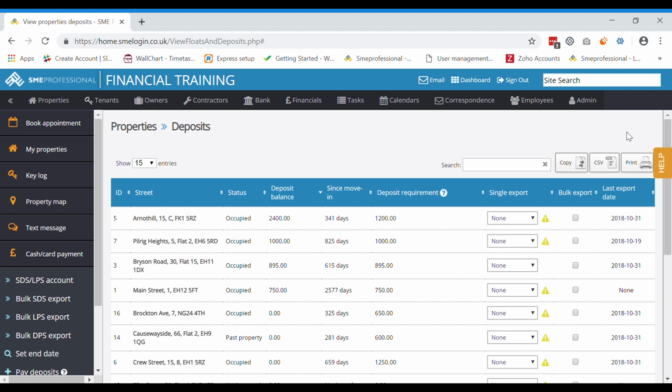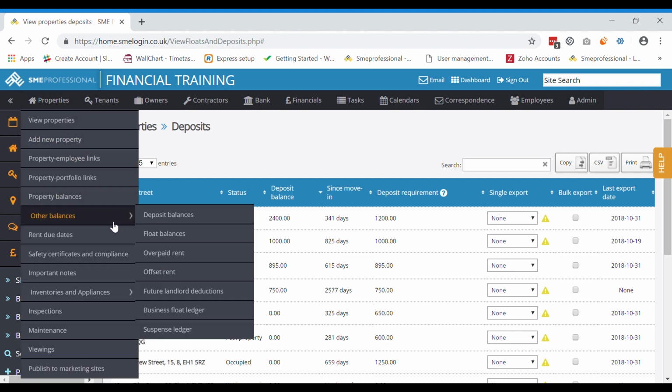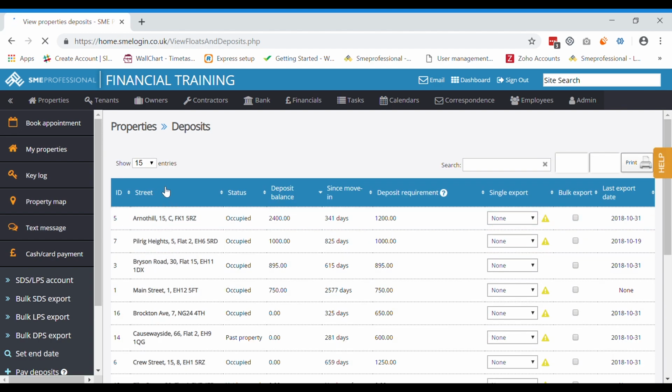Ultimately, the last thing I want to show you is how to handle deposits through SME Professional. So what you would do is go to Properties, Other Balances and Deposit Balances to see a summary of all of your properties, the deposit requirement and the deposit balance currently held against each. So we can see at the top we've got Arnett Hill, shows you the status of the property, whether or not it's occupied, the deposit balance, so the amount of money that is physically held as deposit within your account,